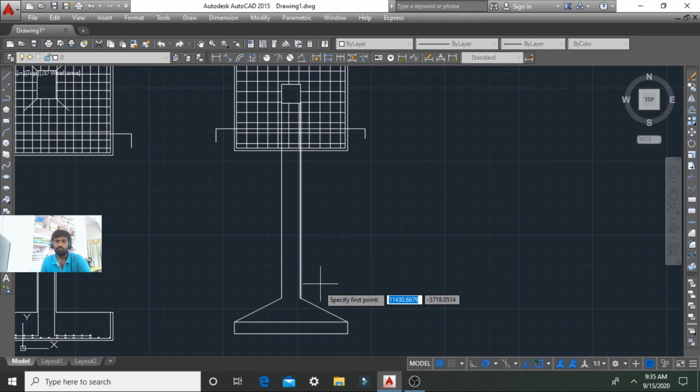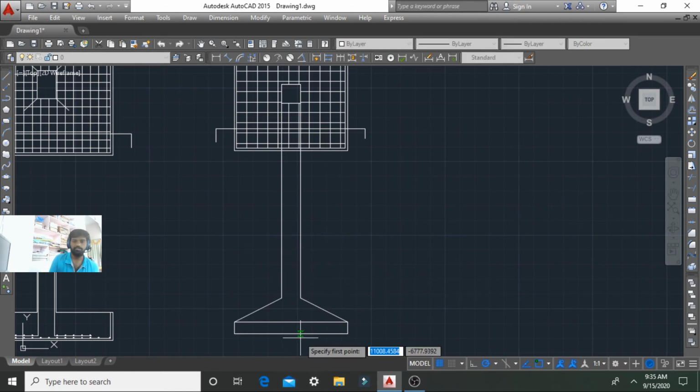So this is the trapezoidal shape, so we have named it the trapezoidal footing.